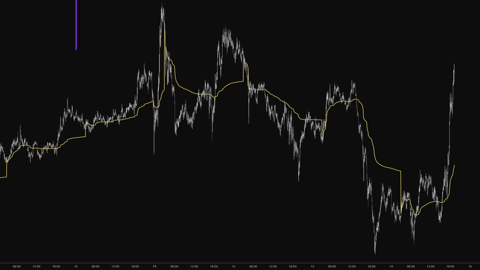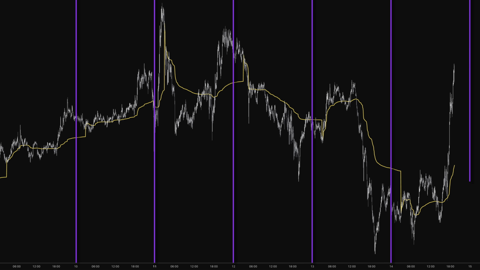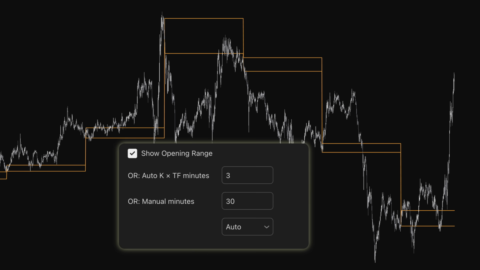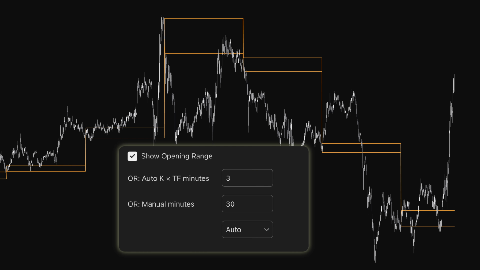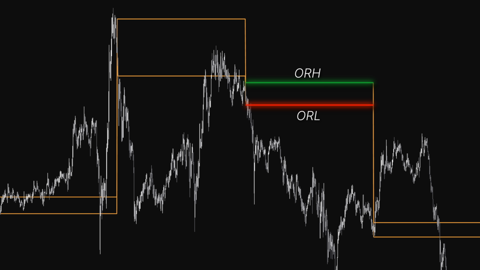The session VWAP resets daily and is calculated natively without any external security calls. The opening range builds dynamically over a configurable number of bars, with an auto mode that scales the range length to your current time frame. These two levels together give you the most referenced intraday anchors used by serious scalpers, drawn cleanly and updated in